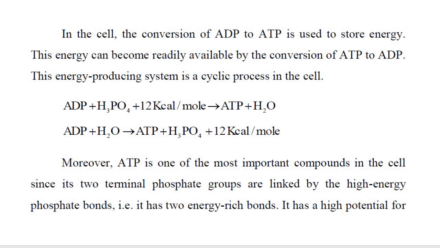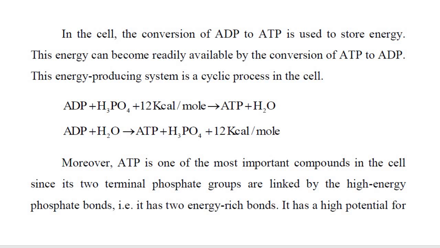Look here, ADP plus phosphate, phosphoric acid, 12 kilocalorie per mole, is converted into ATP plus water. And ADP plus water is converted into ATP and phosphoric acid, plus 12 kilocalorie per mole. So ATP is one of the most important compounds in the cell, since its two terminal phosphate groups are linked by high energy phosphate bonds. That is, it has two energy rich bonds. It has a high potential for